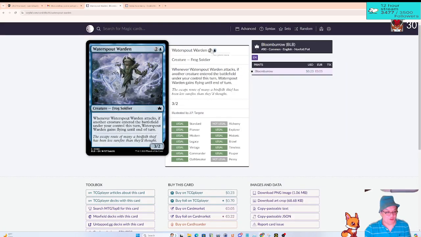Waterspout Warden: 2 generic and a blue, creature, Frog Soldier. Whenever Waterspout Warden attacks, if another creature entered the battlefield under your control this turn, Waterspout Warden gains flying until end of turn. So again, this works with the whole frog theme, blinking creatures or returning them to your hand and replaying them so that you can get more attacks out of this. I put it as a C minus just because